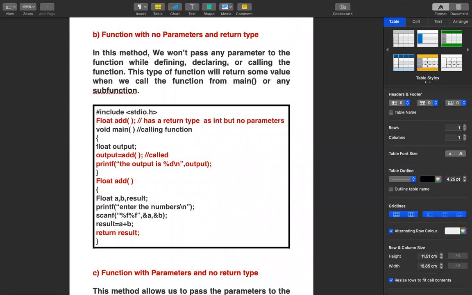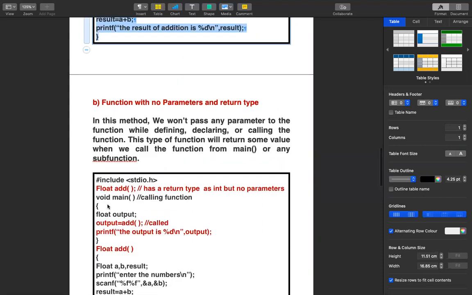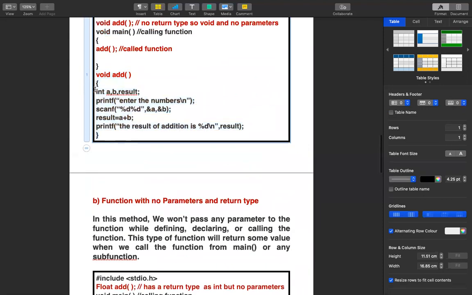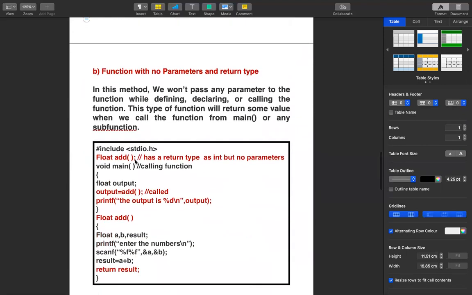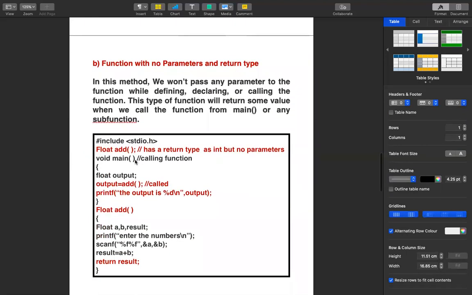Carefully observe in this example, we are going to add two numbers, but they are not integer numbers, whereas in the previous case we added two integer numbers. In the next case, I'm going to add two floating point numbers. So I have declared a variable called output.